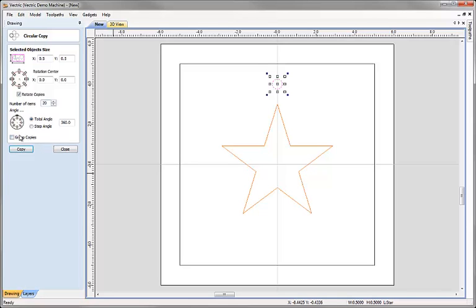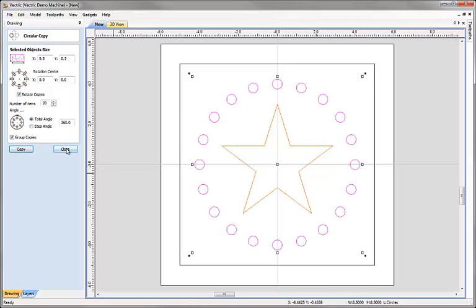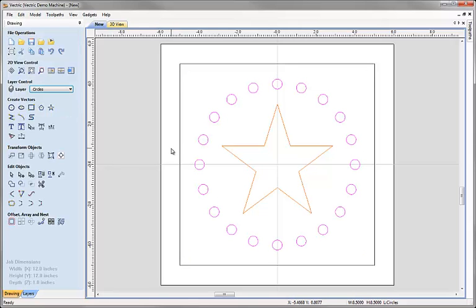You'll see one of the options I've got in here is grouping the vectors together that we create around our array. If I just check that for a moment and hit copy, you can see when I close this that that effectively is going to act like a single object. If I click it, you can see it selects all those objects. And that's what happens when I assign something into a group. The software is going to treat that as if it was a single object for the purpose of editing. If I was to take that and resize it, it will size all those objects, acting on them as if